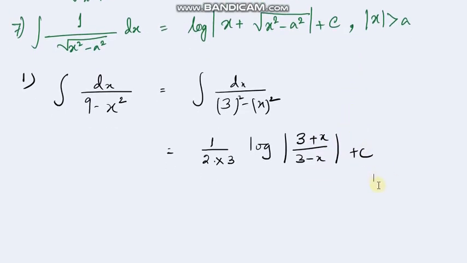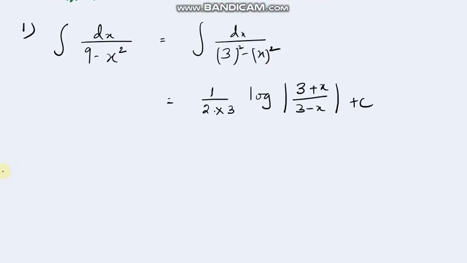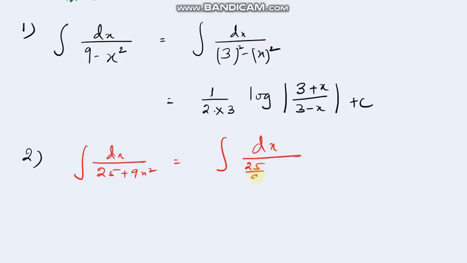If I move to the next sum, I'm going a bit critical. Suppose we have to do this sum. So number 2, I'm just changing the color. Suppose the sum is integration of dx divided by 25 plus 9x square. I already mentioned this in previous videos: just check if anything is multiplied with a variable, and if there is an opportunity, try to remove that. So how to remove that? Just check this for this sum. You will write it as integration of dx divided by 25 by 9 plus x square.